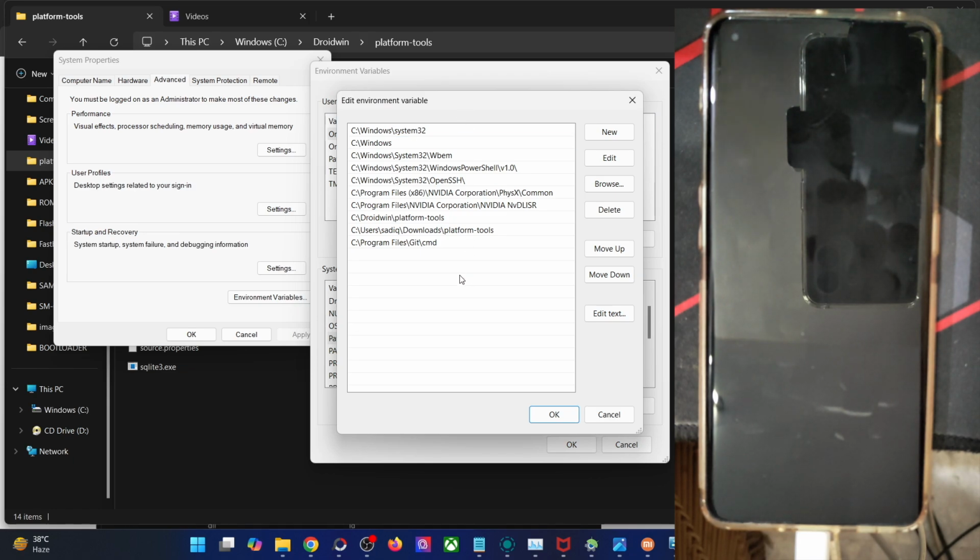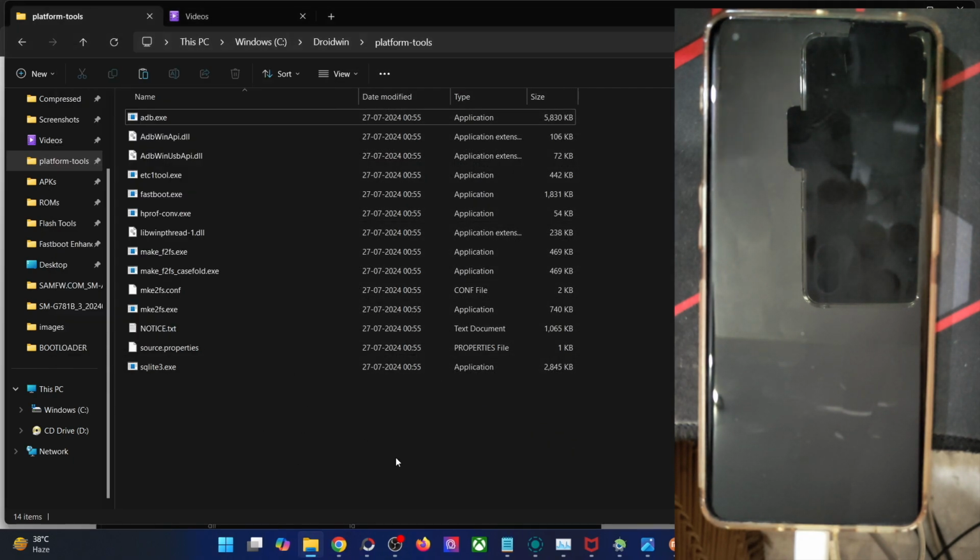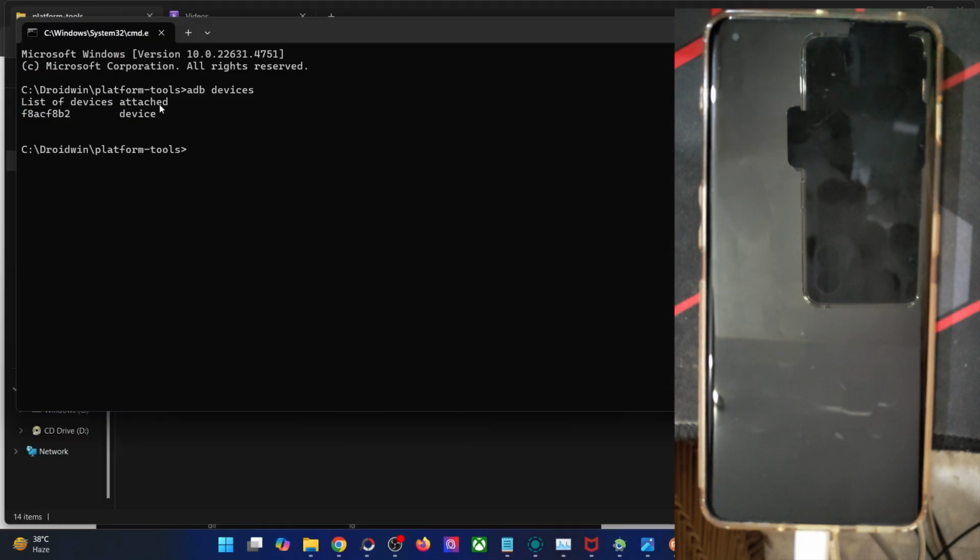For example, my older one is over here, so I have to now extract and add a new path. So please make sure to remove the older path and then add the new path accordingly. You may remove the old path from here, click on new and simply paste the new path of the platform tools, and then click on OK, and again click on OK, and after that re-verify if you are getting the ADB device error message or not, the offline message or not.